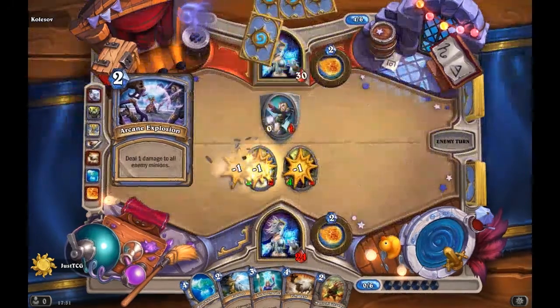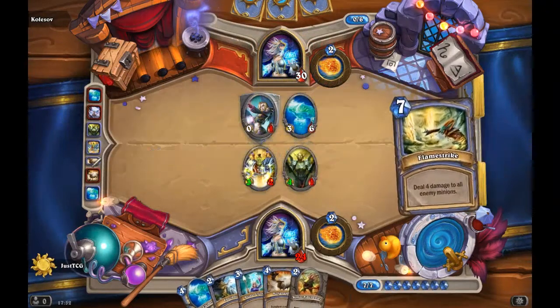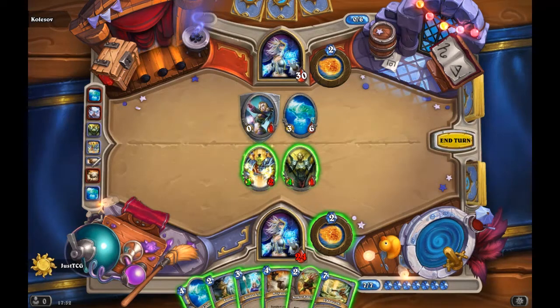There's a second Arcane Explosion. There's a Water Elemental of his own. Okay, so we've got Flame Strike. I don't think we need to use it though. What we're going to do is we're going to...